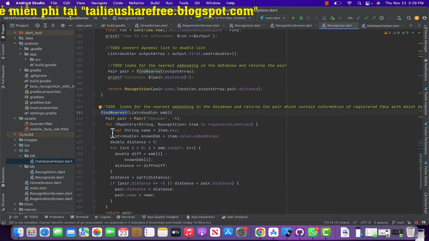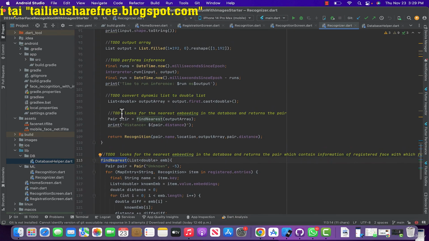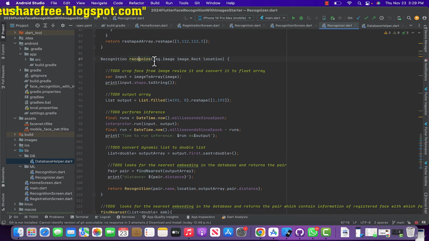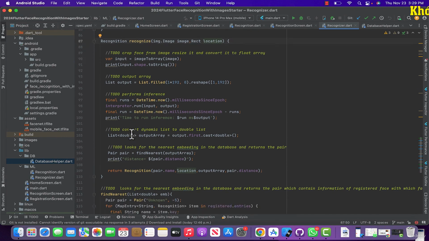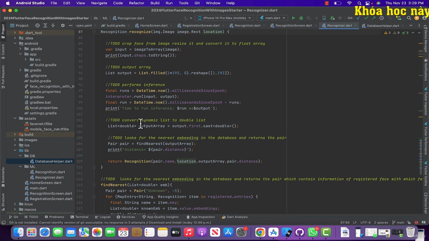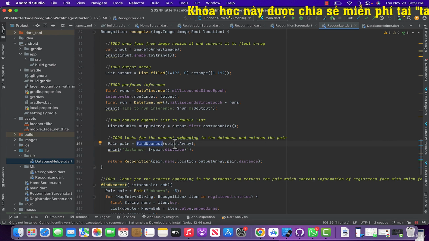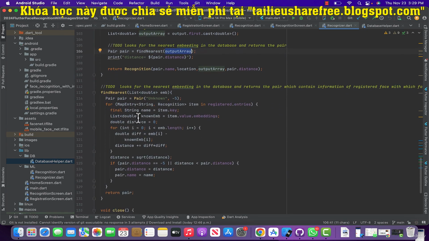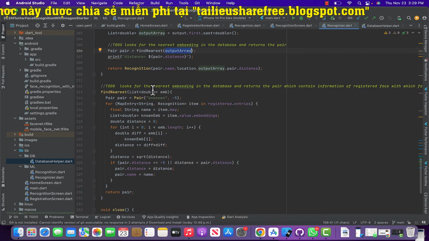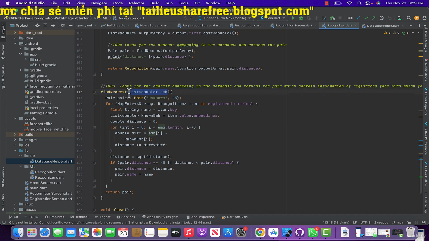This find nearest function will be called when we are calling this recognize function. To this function we are passing the cropped face and the location, and inside this function we are passing that cropped face to our model and getting the embedding. After that we are passing that embedding to this find nearest function to compare it with the embedding of registered faces, and we are doing that here in this function. So in this function you can see we are getting this list of doubles, which is the embedding,